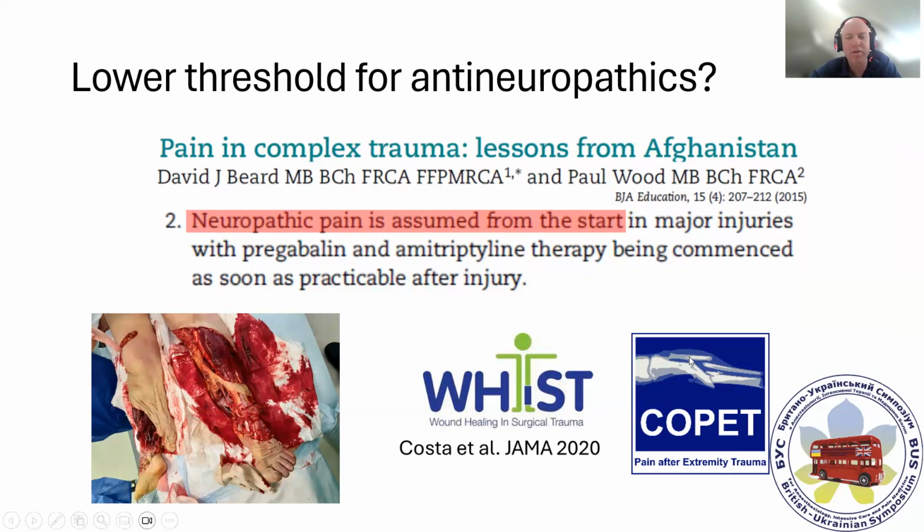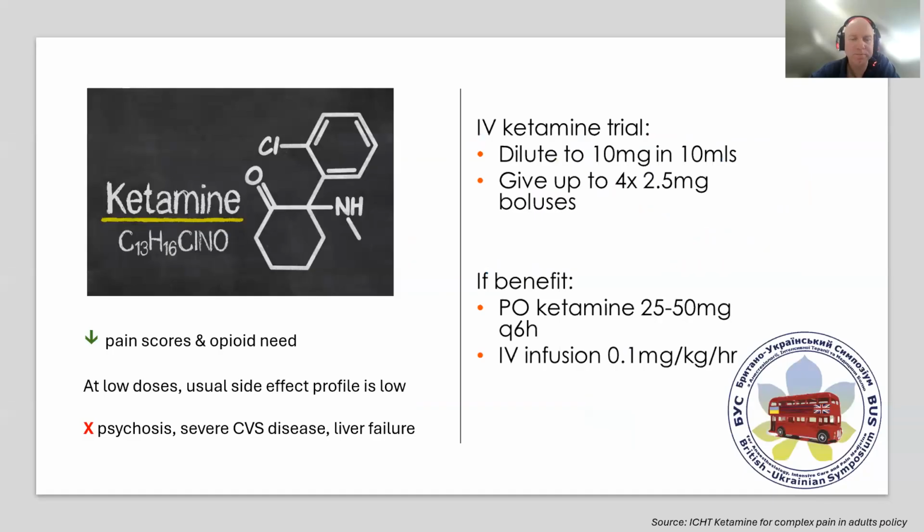However, what is interesting from the COPET study, which is in write-up, and also the WIS study, is that elements of neuropathic pain are there in most lower limb trauma patients, and if you search for them, can be found in a variety of trauma patients where the nerve is in close proximity to the bone. So if you don't search for it, you won't find it, but it won't respond to standard analgesics, and is worth looking for. We have a relatively low threshold for using ketamine as an analgesic at Imperial after a trial